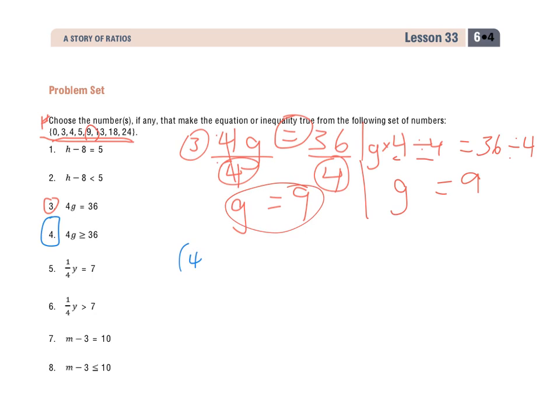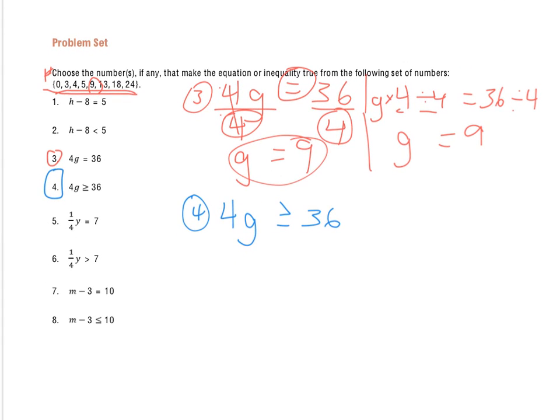Very similar. I have 4g, or 4 times g, is greater than or equal to 36. So when I look at this inequality, it means that this side of the inequality needs to be equal to 36 or greater than 36 to make it true. So I already know 9 is going to work because it's going to make it equal to 36. So really, I don't even have to solve this, but I'm going to anyways to prove it,